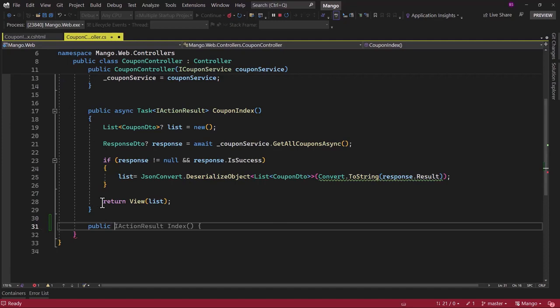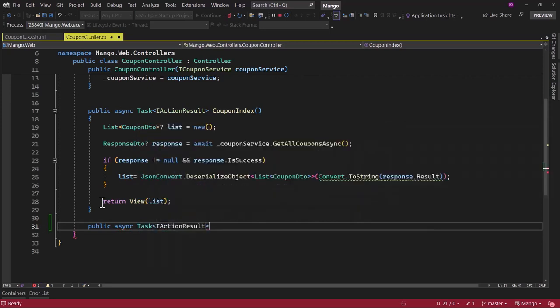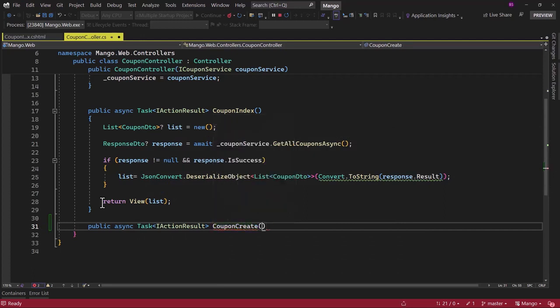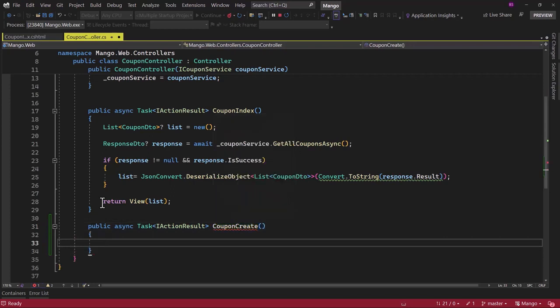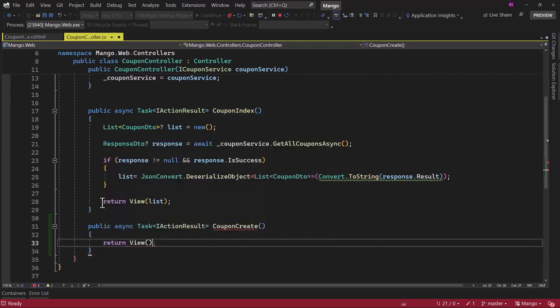We will add a public async action method that will be Task of IActionResult. Name of the method, create a coupon. I will go with the model name, which is coupon, and what is the method responsible for? That is create. By default, in the GET endpoint, we will return back to the view and keep things super